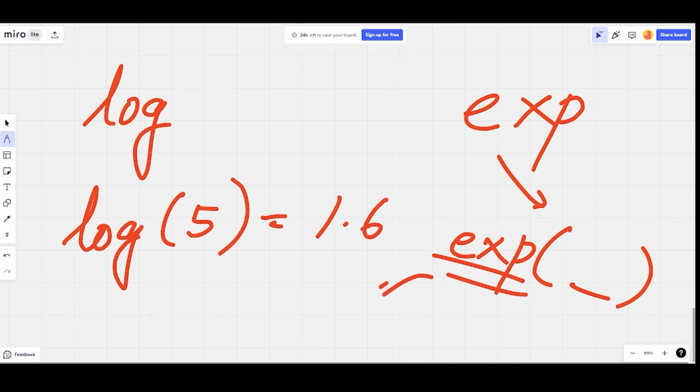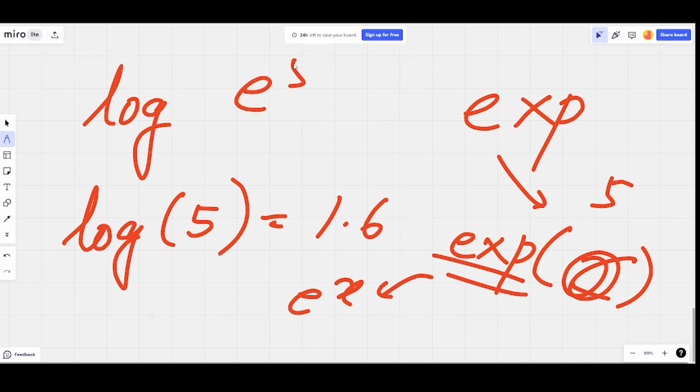We write exponents as e to the power something, whatever number will come over here. So let's say if I write here 5, so e to the power 5, whatever the value will be, I think it will be something like 148 or 149. So that number will be displayed. So let's see all these functions which we have learned in a program and see what outcome we get.